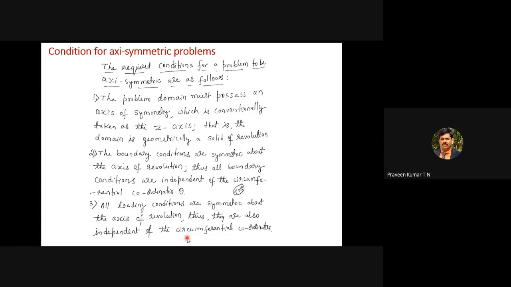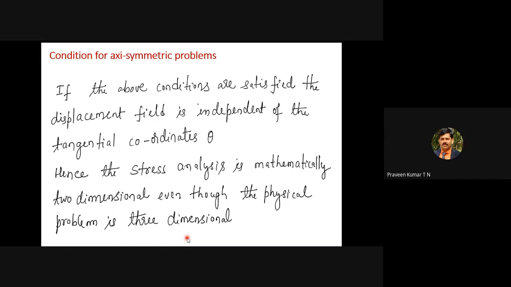When theta is equal to 0, the loading is 100 Newton. Theta is equal to 90, again loading is 100. Theta is equal to 180, again loading is 100 Newton. Theta is equal to 270, again loading is 100. Theta is equal to 360, again loading is 100. So that means all three conditions: one is the loading condition, one is the boundary condition, and one more is the geometry,